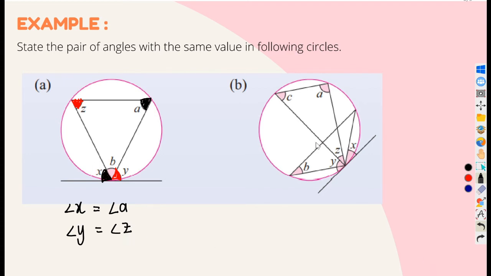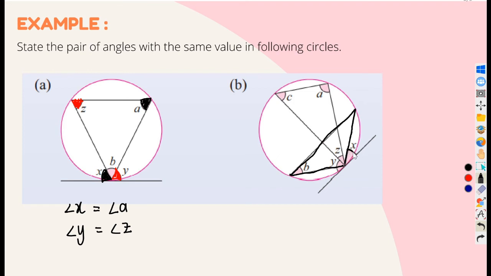So next one here, you see that we have two triangles. All vertices lie on the circumference, and we also have a line tangent to the circle. The first triangle here, as you can see,